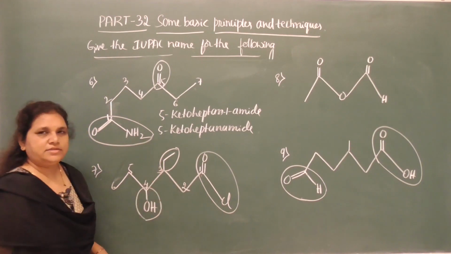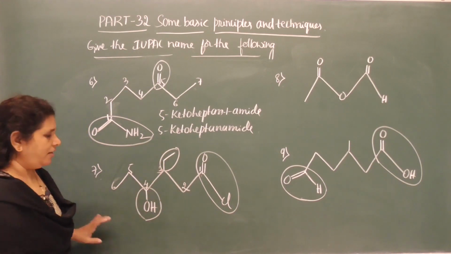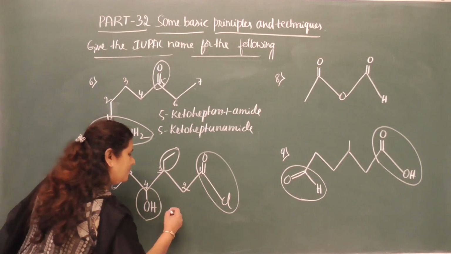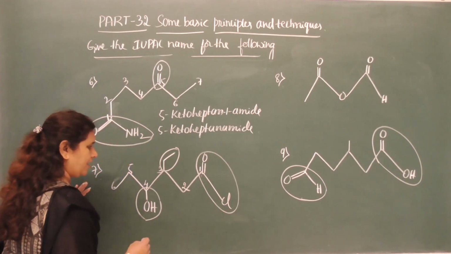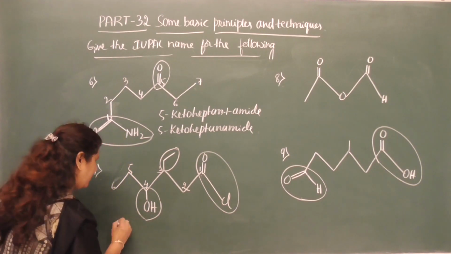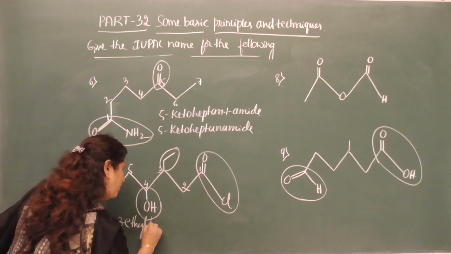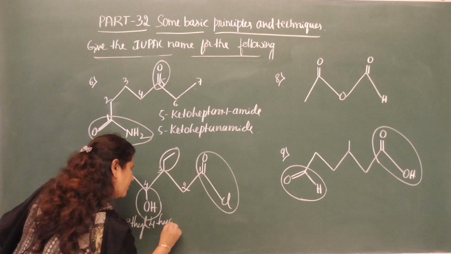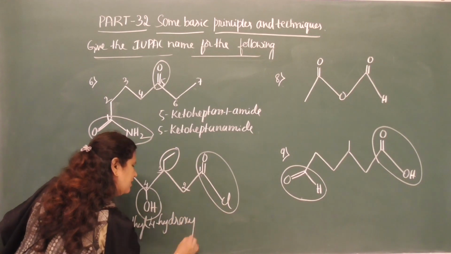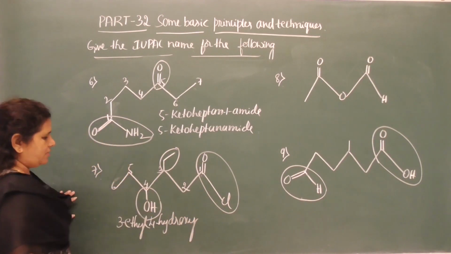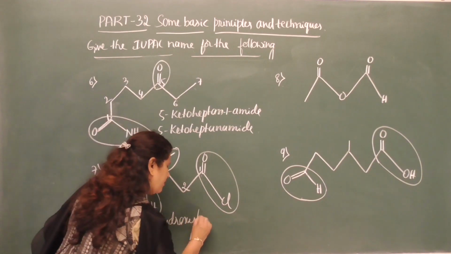We need to arrange these two in alphabetical order. Therefore, which comes first? 3-ethyl comes first. So, 3-ethyl, 4-hydroxy, hexane,